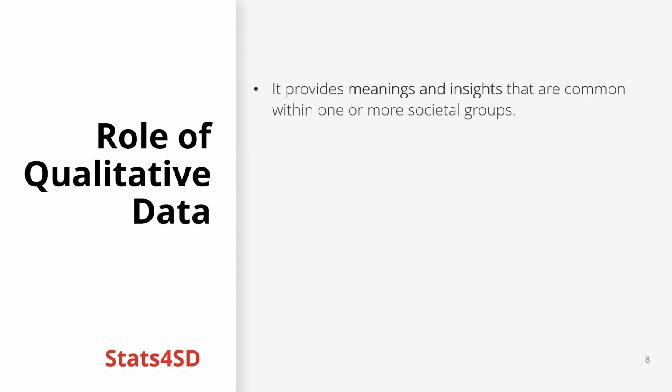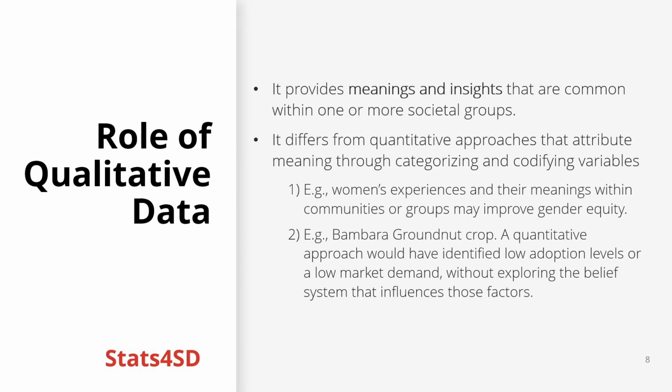Qualitative data can reveal situated meanings of community or group members in a specific context, which are rooted in their knowledge and value system. Differently from a quantitative approach, where meanings are attributed through a process of categorization and codification of variables and factors. For example,